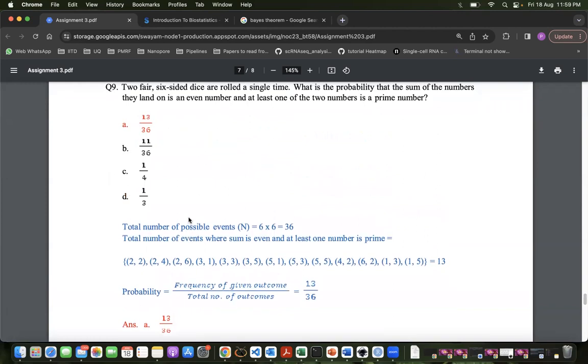The question mentions the probability that the sum of the numbers they land on is an even number. Means an even number on the lower side, then we'll get an odd number on the upper side. Okay. No, that's too complicated. I can understand why you thought so, but based on the statement, landing on an even number means the even number should be on the ground side.